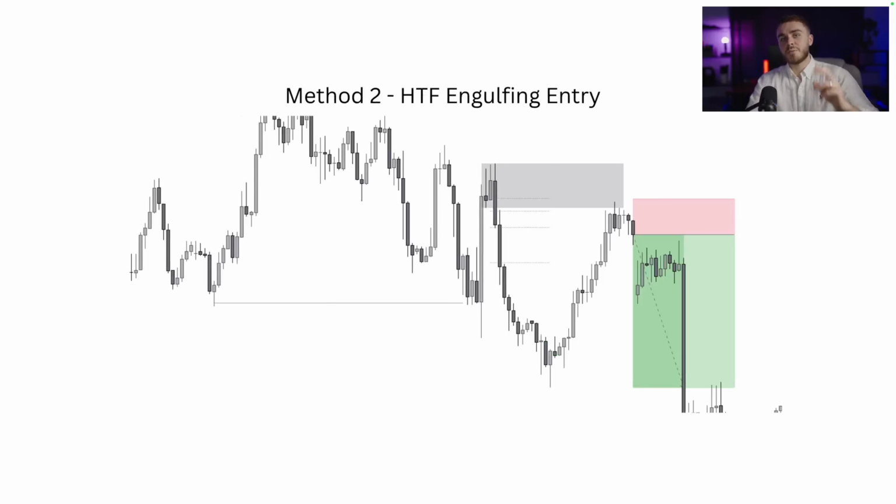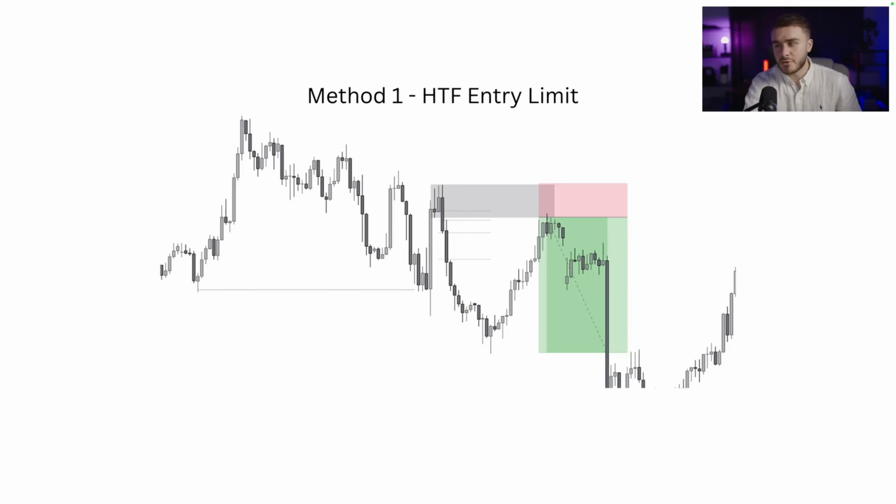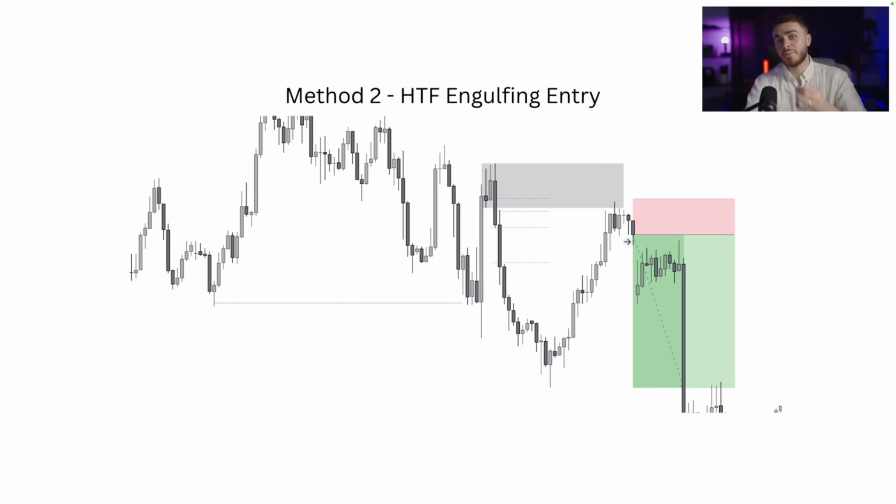Method number 2, you want to go for that higher time frame engulfing entry. So have a little look at the previous one. What this was, we had an entry limit on the actual order block. This one over here gives you that extra bit of confirmation. Why? Because as soon as the order block is actually hit, what we expect is for price to continue downwards,